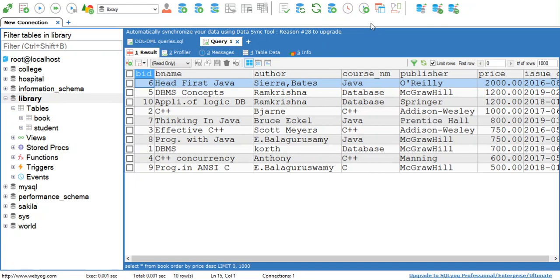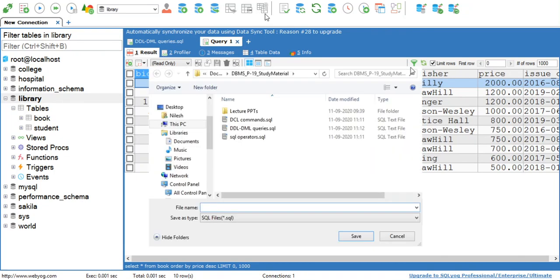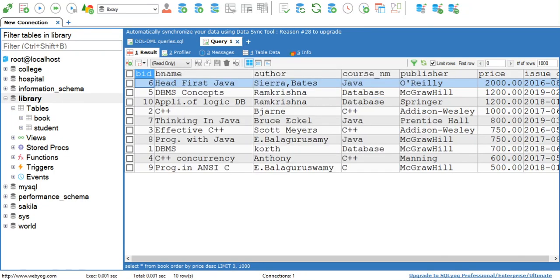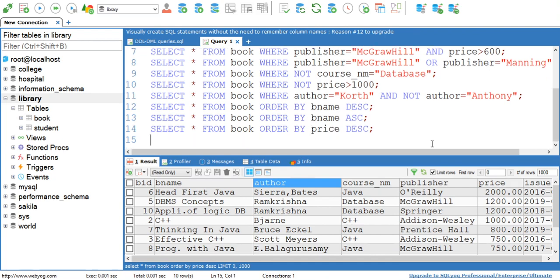Okay, so this is how we can use these clauses. Now this is all about how to sort data by descending and ascending orders.